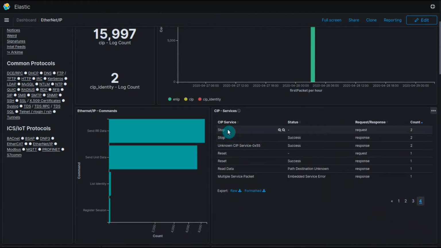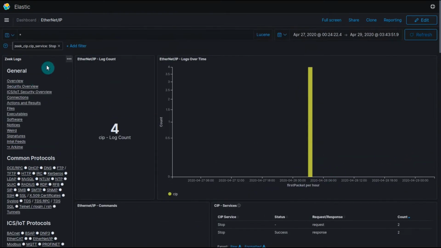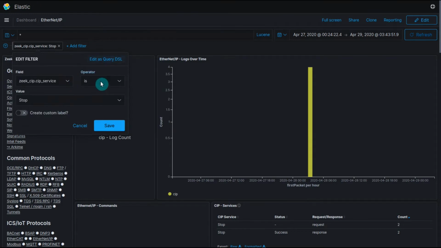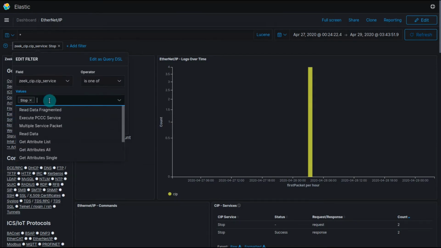Okay, cool. Stop and reset. There we go. I found my stop and my reset. So if I wanted to see more about these specifically, I could filter for this value, my stop value. I can just add these up here, but I could create a filter. I'm just going to edit that filter and say, if I have some service that is either stop or reset,